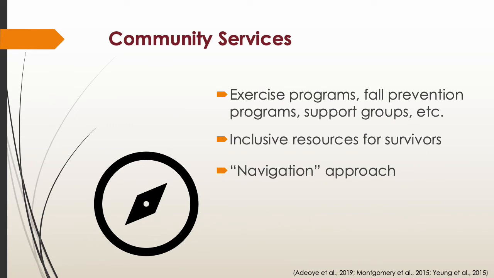Another strategy to overcome the challenges of the current model of care is to focus on social and community support, which are factors that have been associated with decreased hospital readmission. One recommendation is to respond to the decreased time allowed for hospital stays by connecting stroke systems of care to services beyond outpatient and home health services. Some of these services include community exercise programs, fall prevention programs, support groups, and several others. This will provide further support to survivors and care partners to continue their journey of improvement alongside the rehabilitation services that may still be available to them.